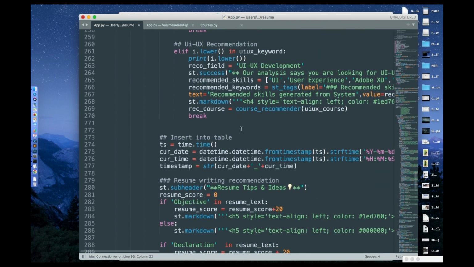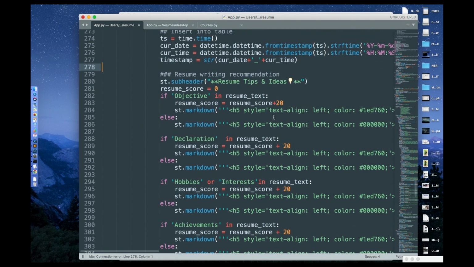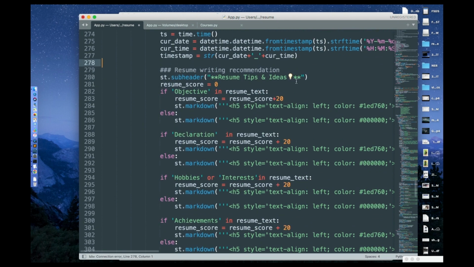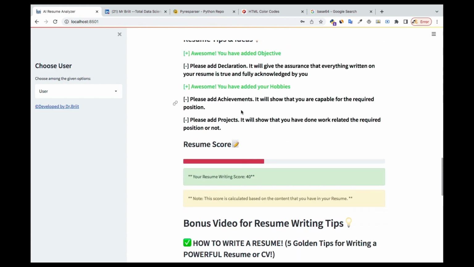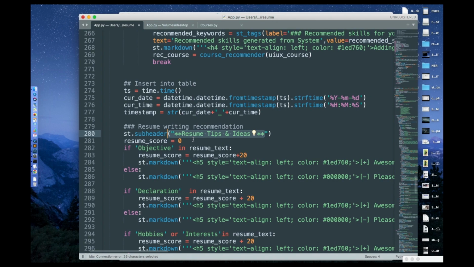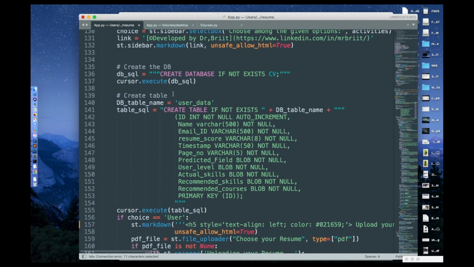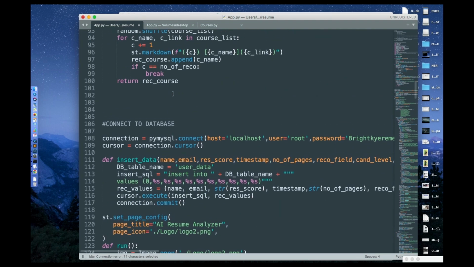Okay, so we are done with these course things, and then here we are creating the date and the time, and then we talked about that. So the resume writing recommendation, I showed you this part as well, which is resume tips and ideas. So that's the part that you will see over here. Here, if objective in resume test, remember resume test contains all the data that we have on the resume. Remember, that's what we loaded all the way above. If we go to see where we can find it,